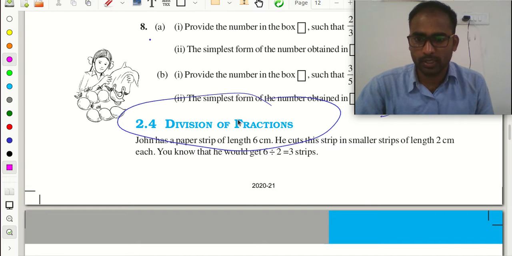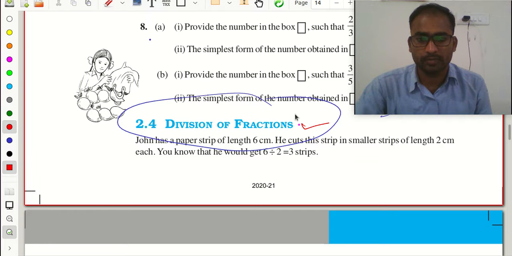So today we are discussing the division of fractions. Yesterday we learned about the multiplication or product of fractions and addition, subtraction of fractions. Now today in this class we will learn about the division of fractions. Clear? See here. Suppose